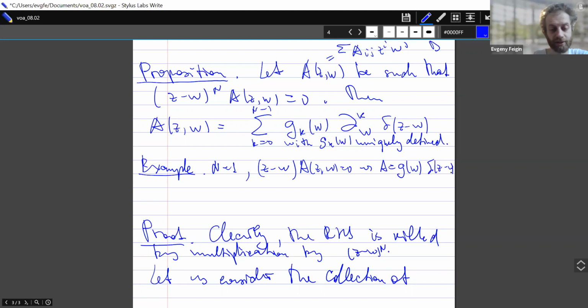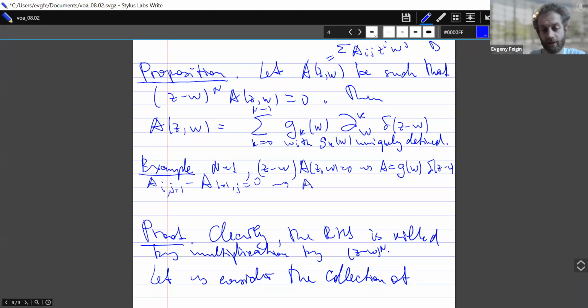And indeed, what do we know? We know that a_{i,j+1} minus a_{i+1,j} equals 0, for any i and j. So this is just by the multiplication formula, and therefore